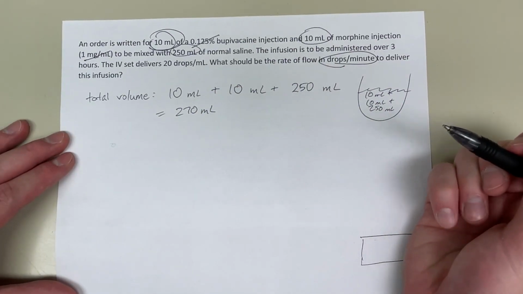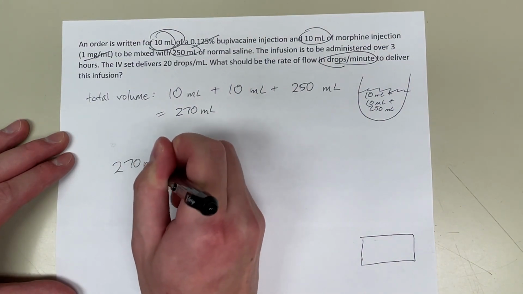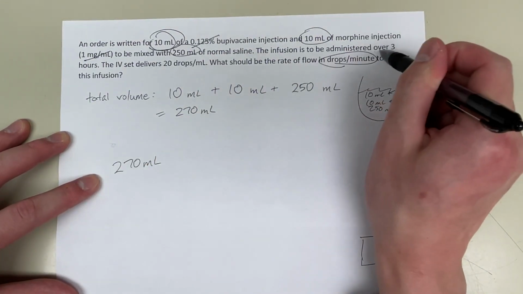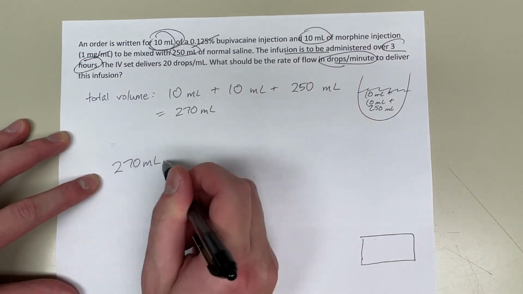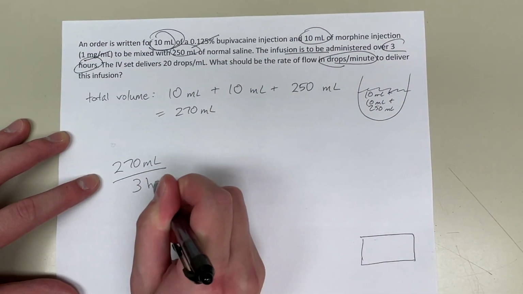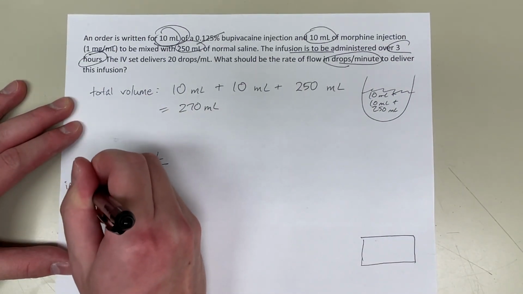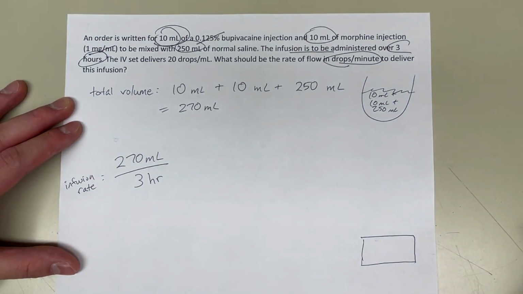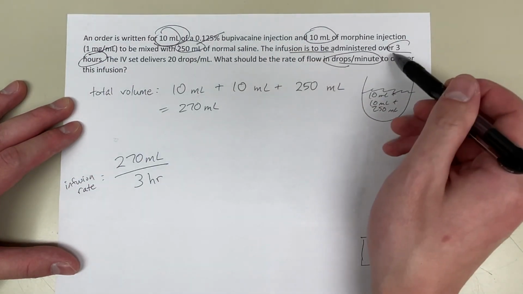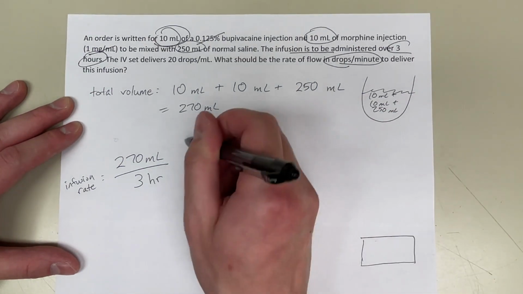Next I'm going to see what rate we have so far. So 270 milliliters of total volume, and it's going to be administered over 3 hours. So 270 milliliters is going to be infused over 3 hours. That's our infusion rate. Right? Because this entire bag is going to be infused over 3 hours. That's where I got this number from. And so next I'm going to convert